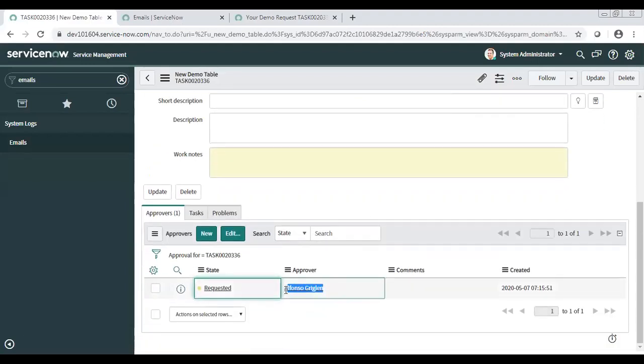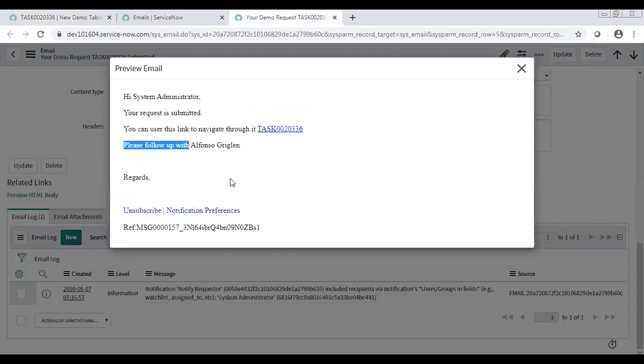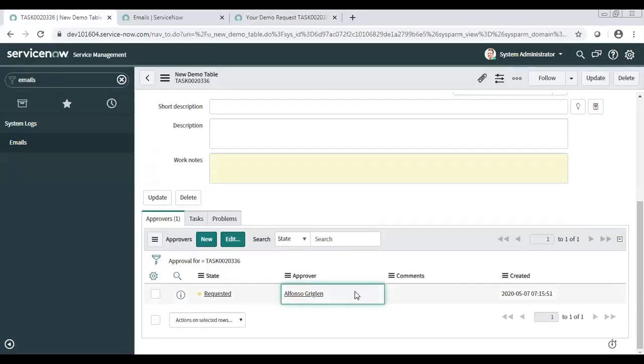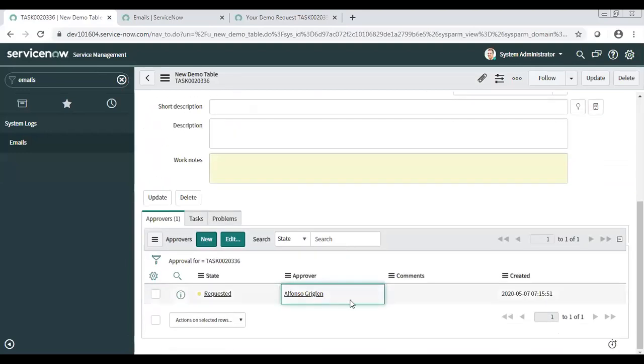Yeah, so this is the approver for this particular task, right? So yes, if you go to the email, as we have written, we have printed this statement only through template.print in the email script. So it's saying, please follow up with, and we have put gr.the object.approver.name, so it's replaced with the name of the approver. So just to have this name added in the body of the email, we had to write that email script, right? Yes, because we don't have this name anywhere else. That's why we need to write it like this.